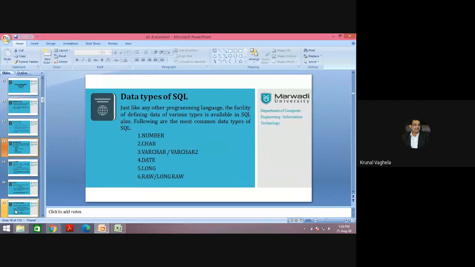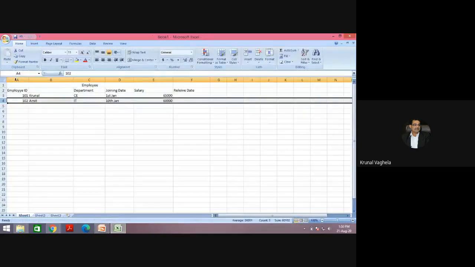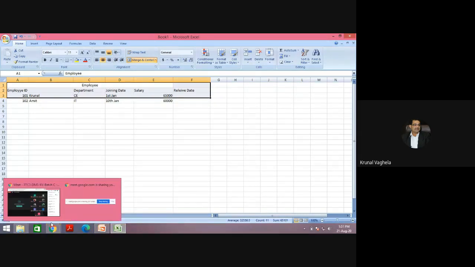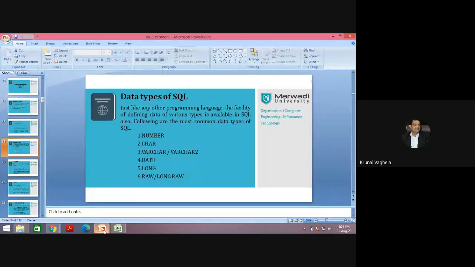This is something important. What do we do whenever we want to create a table in SQL? Excel is simple; in Excel, if you want to create a table, you just create it like this. But in a DBMS it is something tricky, especially when it comes to data types.